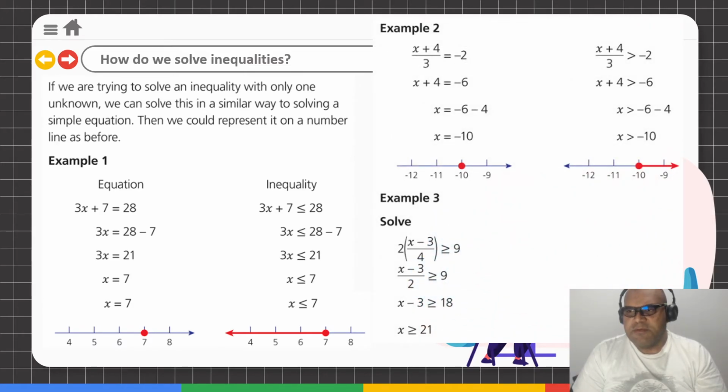Here's another example. We have x plus 4 over 3 equals -2. Remember, we first move, we're dividing by 3. What is the opposite of dividing? Multiply by 3. That's why it's -6 on the other side. Here, x plus 4 equals -6. Move 4 by the opposite, which is subtracting 4. The result is -10. But when it's an inequality, be sure, okay guys, attention here, be sure you can move